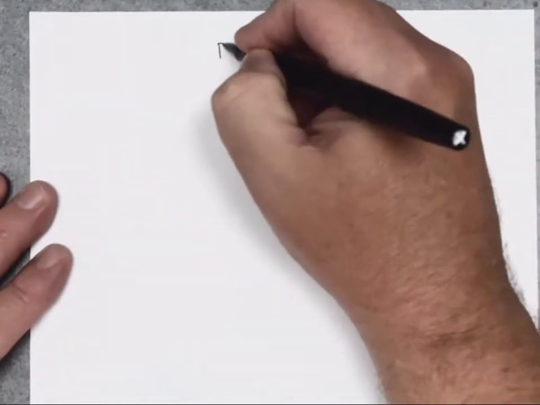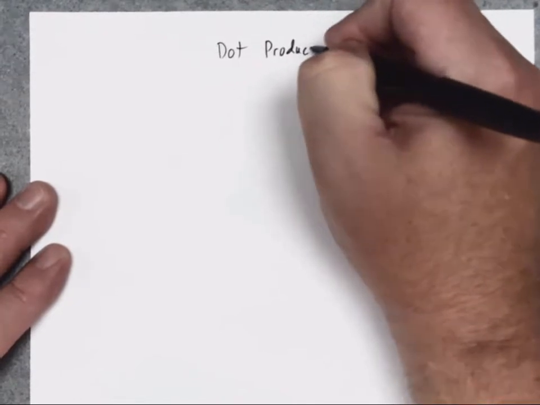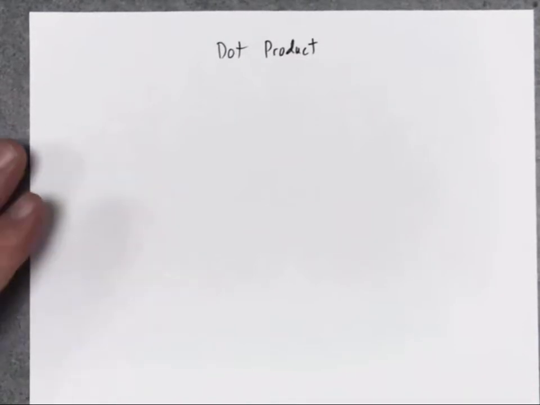Actually, instead of multiplication, they have what's called the dot product. The dot product is sort of like multiplying two vectors. Matter of fact,